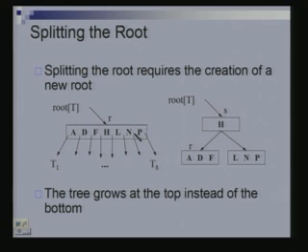This is already full. I am working with t equals 4, so this has 2t minus 1, 7 keys in it. This is already full, so before descending down, I see that this is already full. I will split this node into A, D, F, L, N, P, and H moves up. And now I will continue down the tree, with whatever key I am trying to insert.